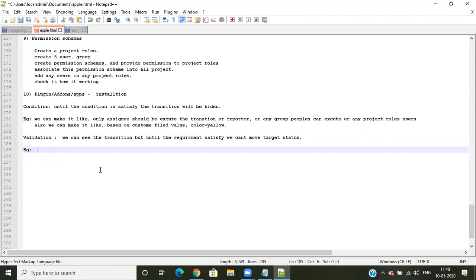For example, we can add date compare, date expression, field expression.